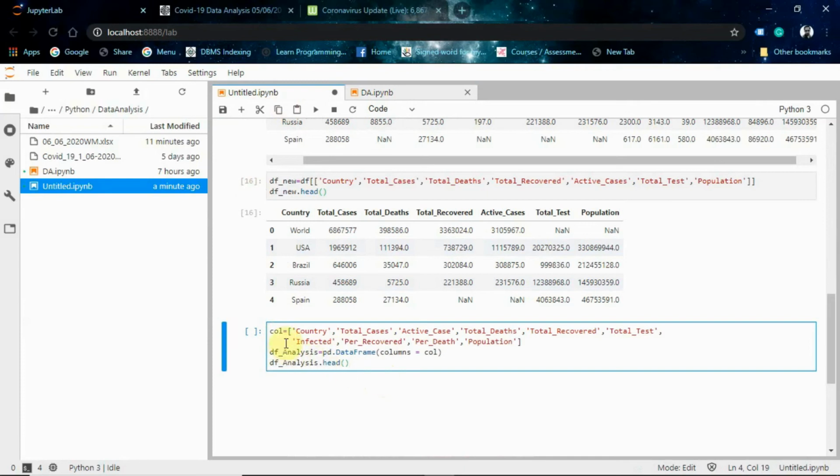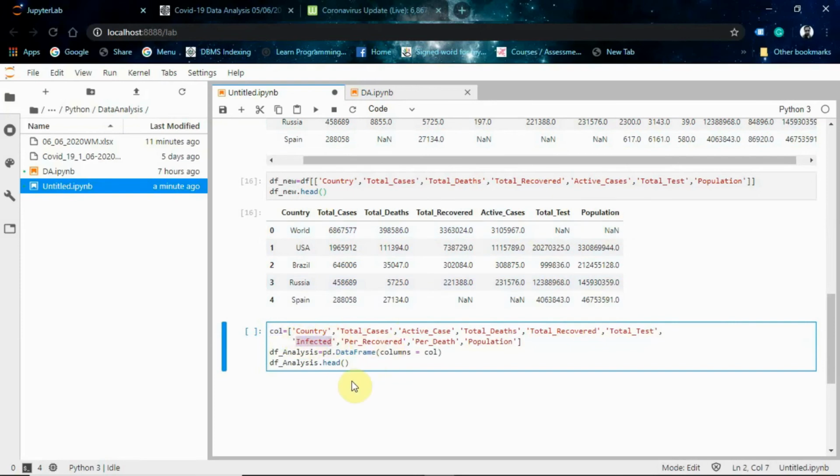The first line makes a list of the column names that we're supposed to have in our new data frame, right? The first is country. Our new data frame is going to have all these values, and additionally one I just named infected.